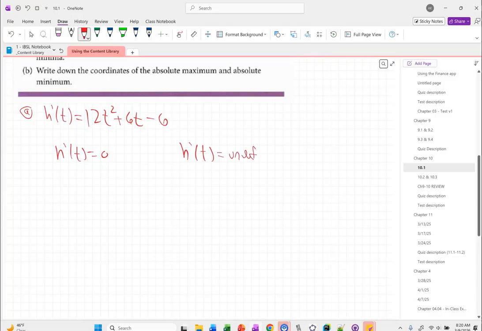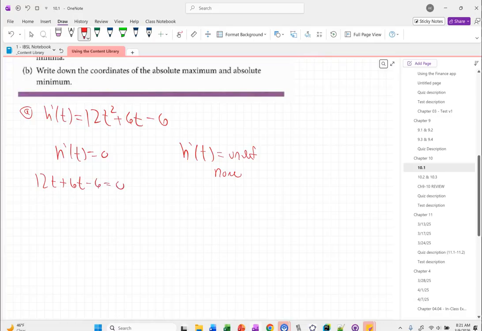and find the critical values. Is this derivative ever undefined? No. How do you know? It's a polynomial, right? It's cool. Is it always this easy? I mean, a lot of times it isn't easy. All right,